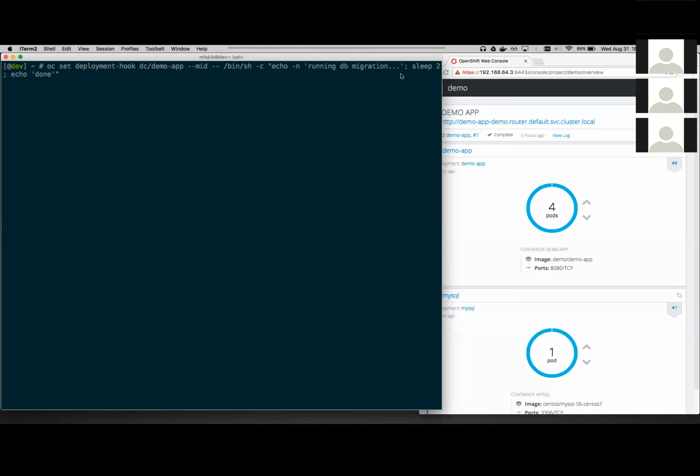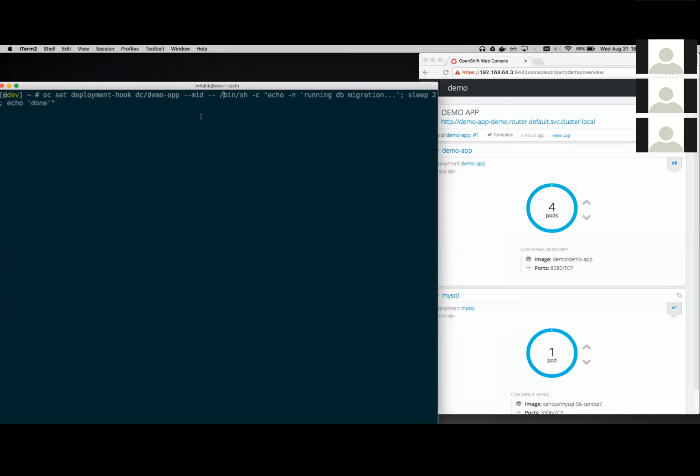Can you see this stuff as well? Mm-hmm. I don't know how to disable that. Okay, and